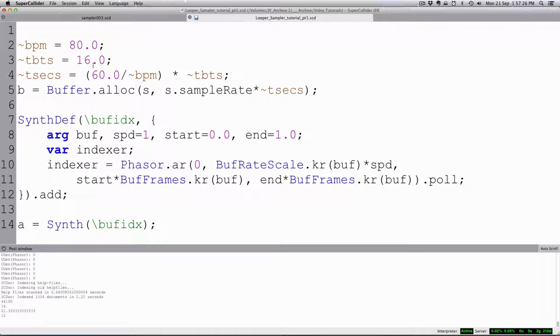So again, this is all a bit complicated. It's not that complicated, but it's a bit of fiddly math to figure out how to convert one unit to another, depending on what our objects are asking for. So if we want to allocate a buffer, we have to figure out the number of samples. And in order to figure out the number of samples, we need the total number of seconds. So we can do s.sampleRate, which is the amount of samples in 1 second, and then times it by the total number of seconds in our complete